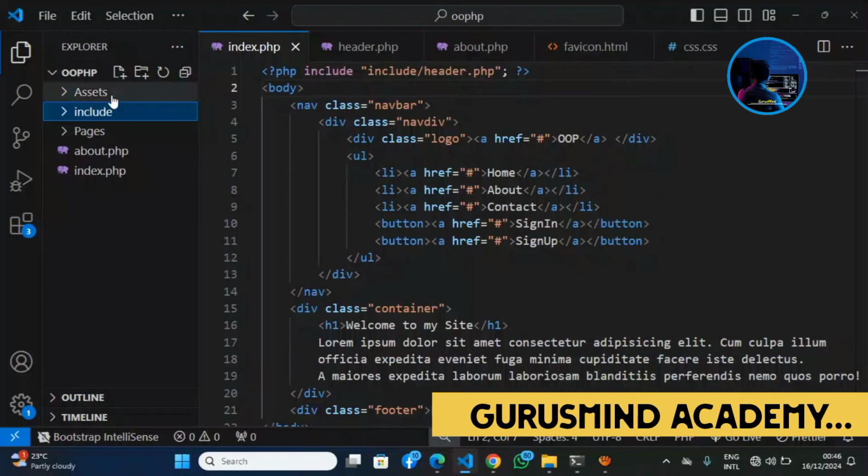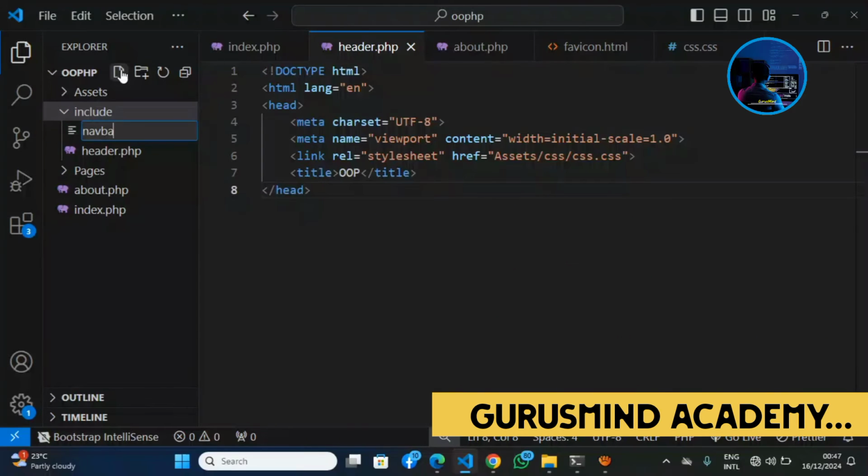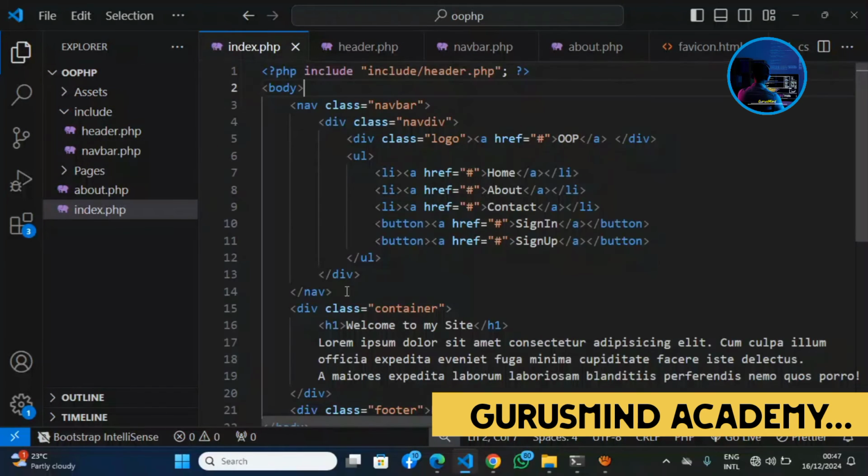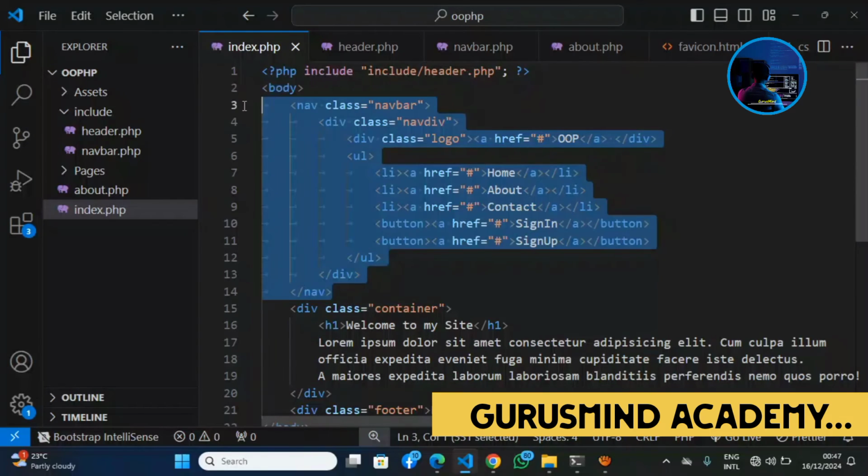So I'll just go to my include, because the navigation bar is something you're going to have across board, and create navbar.php. So now I'll come back to my index here, then the navbar, I'll just copy it from here,